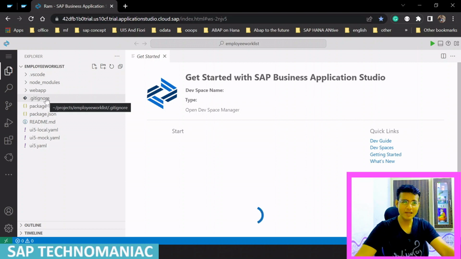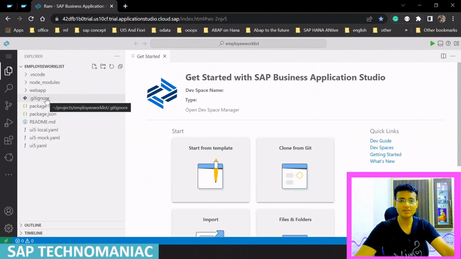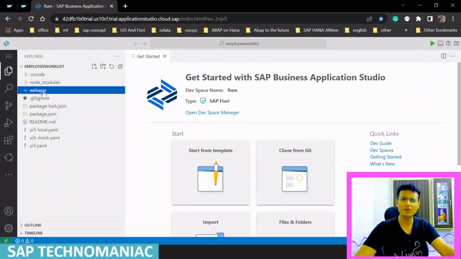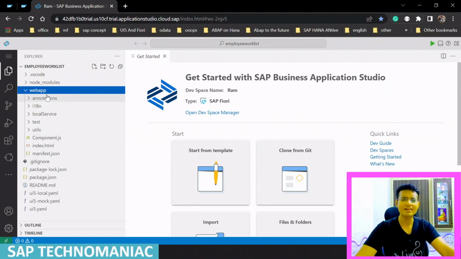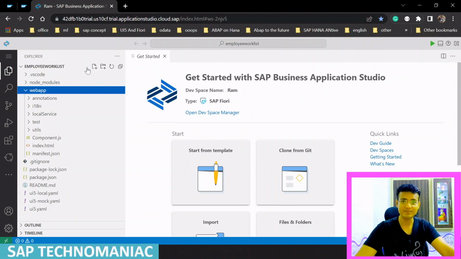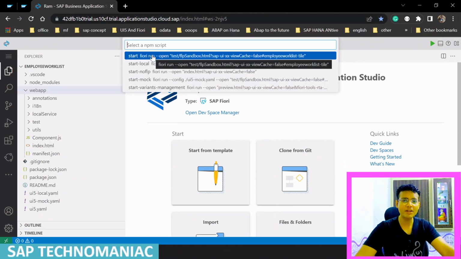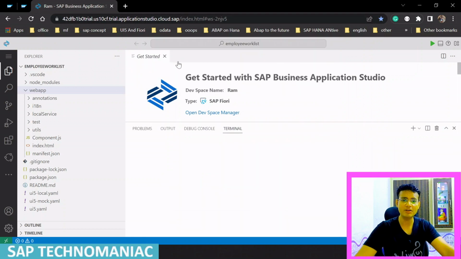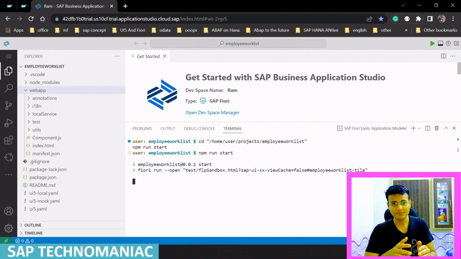My video might be a little bit tampered, or my voice, because I'm using a lot of parallel applications. So what you can do, you have to click on your web. Don't touch anything. There are a lot of things to understand about Fiori applications or UI5 applications. No need to worry as of now. You just have to right click and click on preview application. It will open. You just run the first step, start Fiori app, and you have to click here. It will open one terminal, and it will try to open one new tab